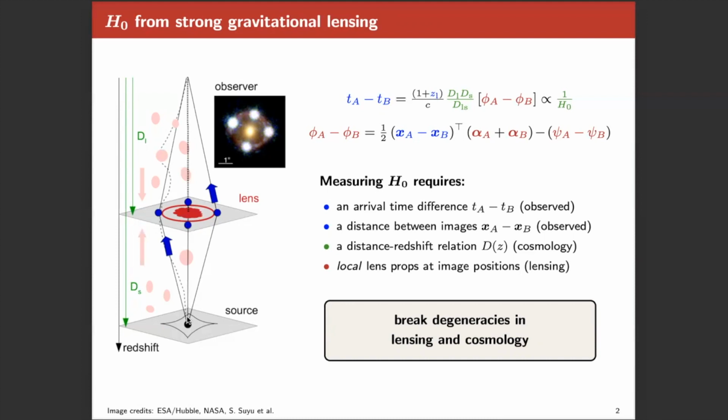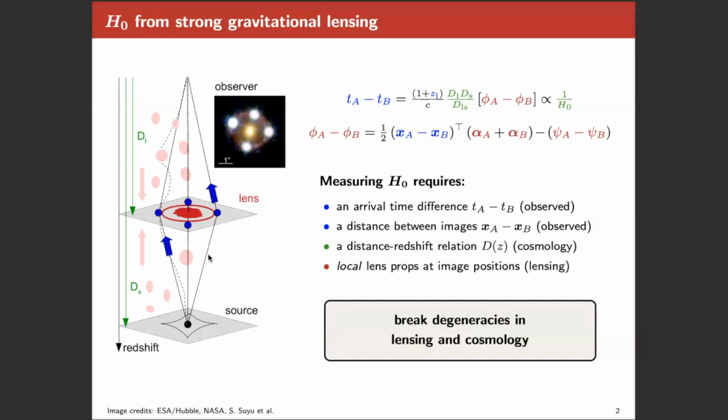Yet we have a mass density lying in the lens plane here at redshift ZL, such that the light bundles coming from the source are deflected along multiple pathways around this strong gravitational lens. And as a consequence, we do not see a single image of the source, but we see multiple highly distorted and magnified images of the source lying in certain configurations around this strong gravitational lens.